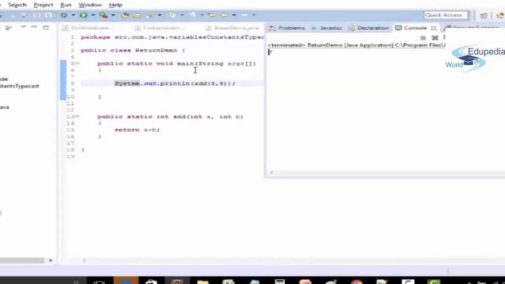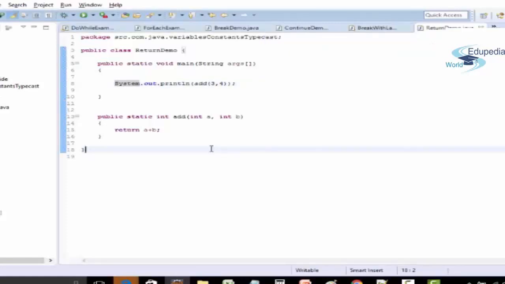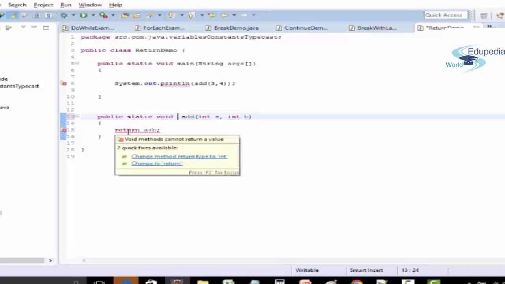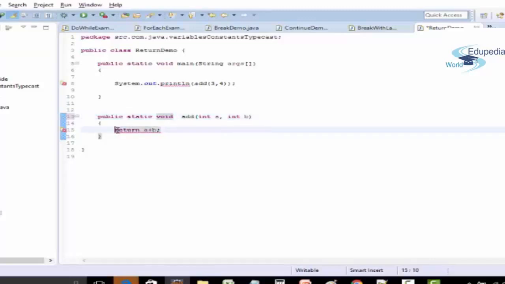Over here we are actually not creating a variable C, which is a good thing because we don't need to unnecessarily create variables which we don't need. Okay, so this was about the return statement, and in case you change the return type to void, it will give you an error because you cannot use a return statement inside it. So you have to comment this out, and then again this will also give you an error because this method is not returning anything. So what are you going to print? It will still give you an error. Okay, so let me change it back to int. Fine. This was about return.